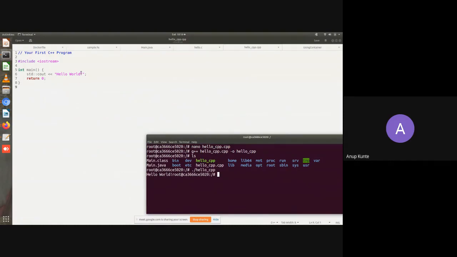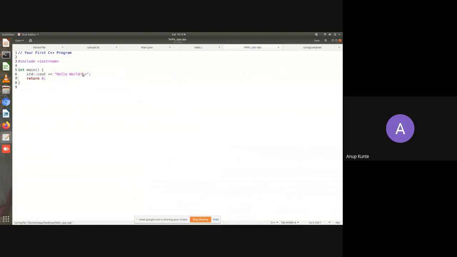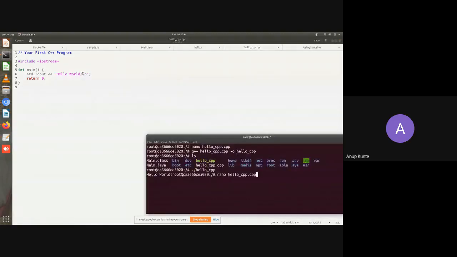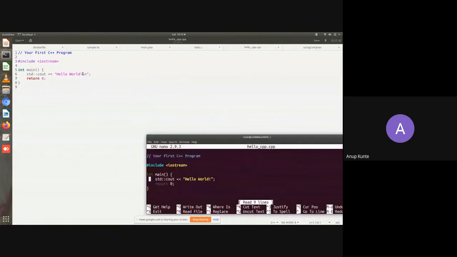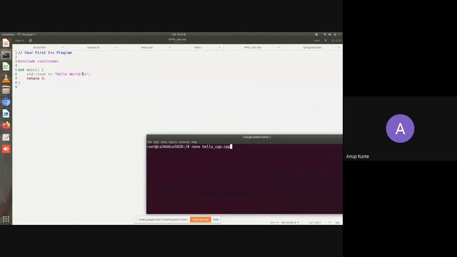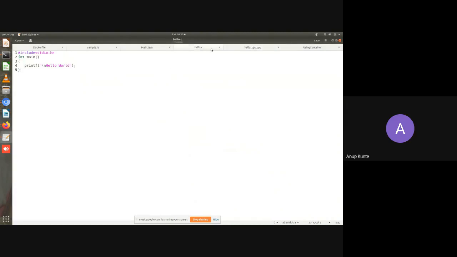Okay, if I add that \n, it could have been better. I'll go to nano and add that \n at the end of this string, just to make students aware how to do editing. Clear the screen. I recompile, create the executable, then I run hello. Now it prints hello world and the prompt comes onto the next line because of the editing that I did. Okay, now this was about Java and C++ programs. You have gcc, so you can definitely run a C program. I'm not going to show you that.